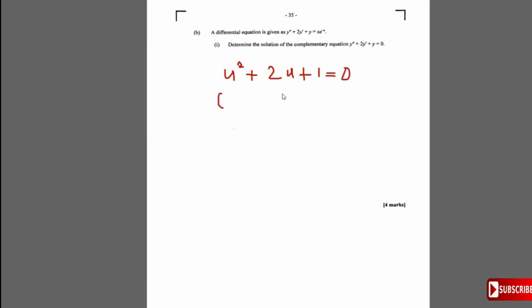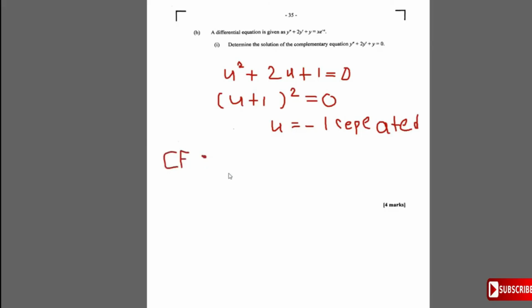So we can factorize this to get u plus 1 all squared is equal to 0. And so what we're getting is u is equal to minus 1 repeated. Now since u is equal to minus 1 repeated, the complementary function is given by, I like to call it yc, and yc is equal to